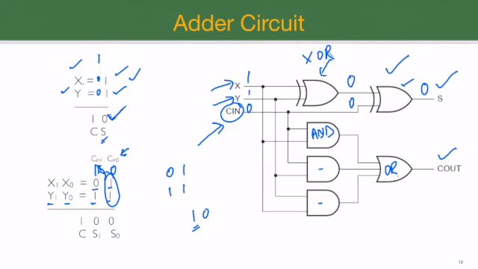Next, notice that this X is being connected to this AND gate over here. So there will be a value of 1 over here, and similarly this is being connected to this AND gate over here, so another value of 1. All right, the Y bit is being connected here, so this value is 1, and it is also being connected here, so this value is also 1. Finally, the carry bit is being connected here, the carry bit is being connected over here,